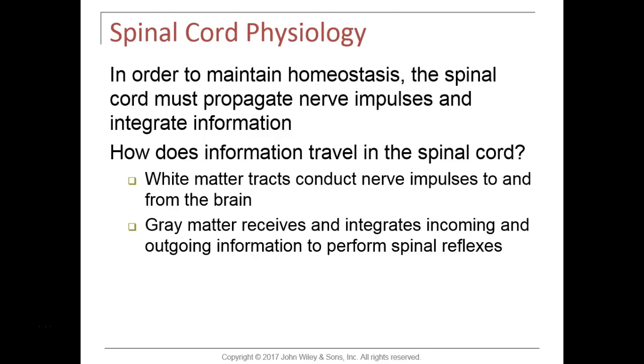Now, what about the physiology of the spinal cord? I kind of hinted on this earlier. The spinal cord is involved in maintaining homeostasis by integrating sensory information and motor information and propagating impulses where they need to go. So we're not learning all of the tracts in a spinal cord, but again, I want you to know the white matter tracts conduct nerve impulses to and from the brain up and down the spinal cord,